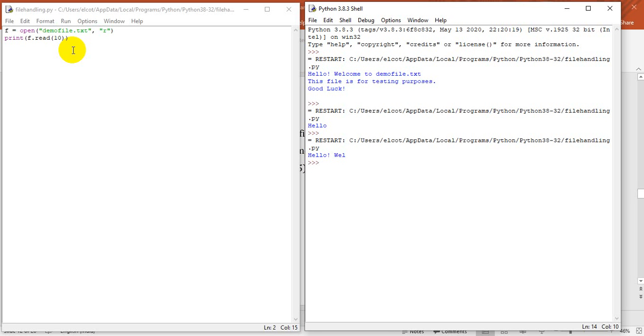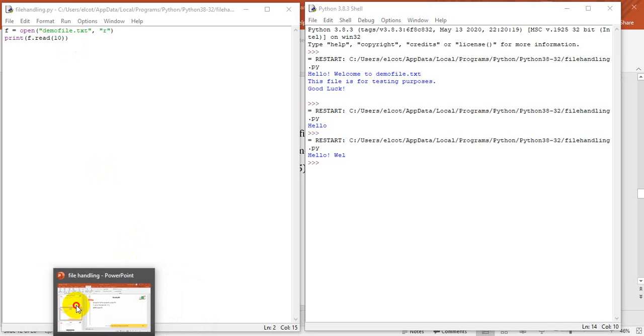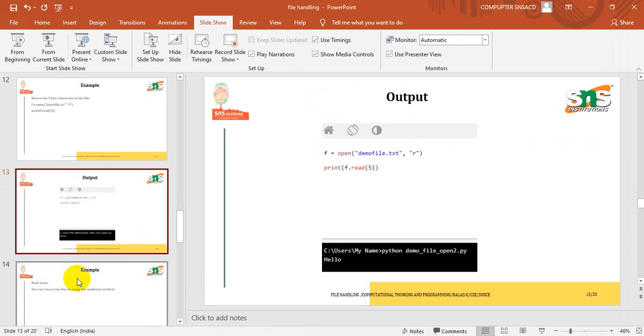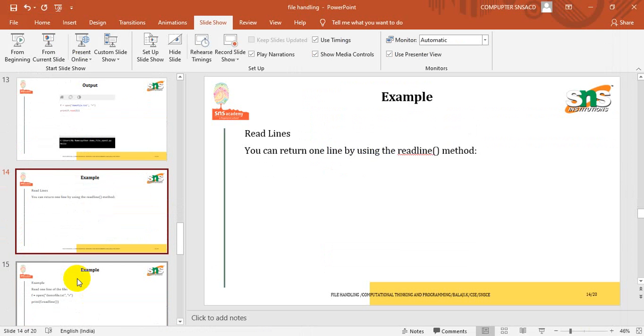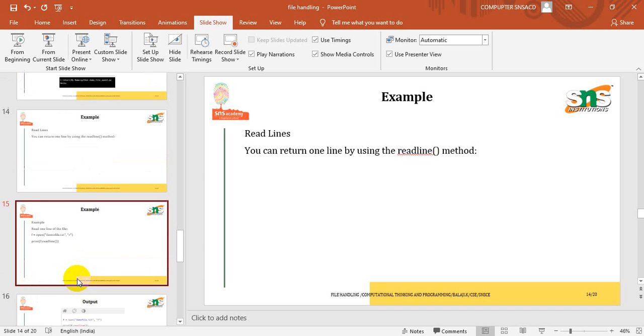So far we have seen the entire content of the file. The second thing we have seen is partial content of the file. Now we are going to see how to read line by line. For example, there will be 3 lines in the demo file, and I just want to display the output as only a single line.